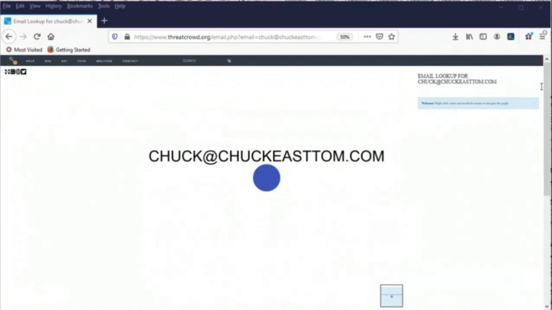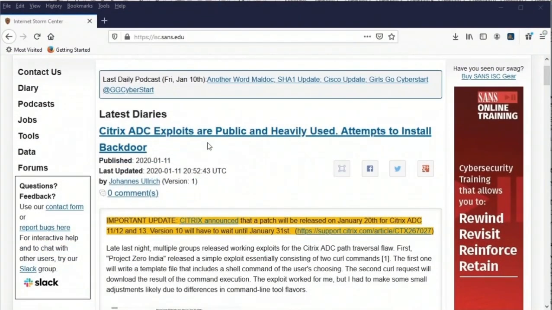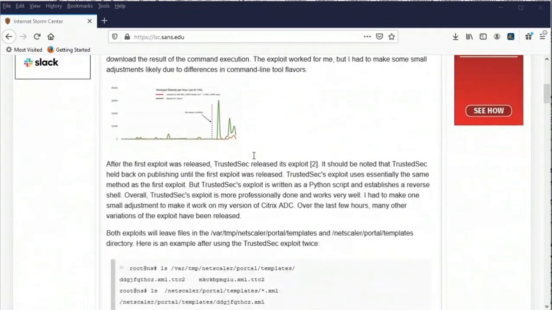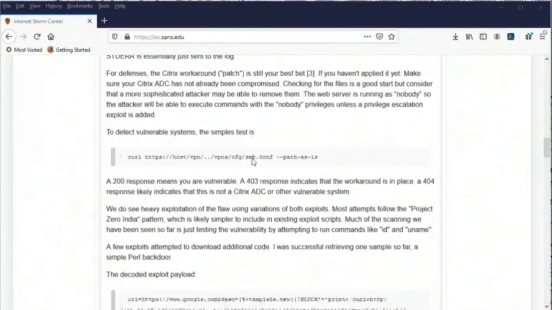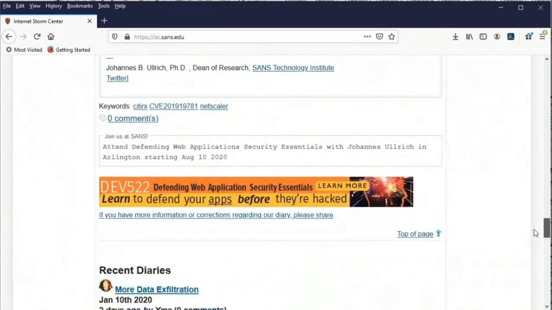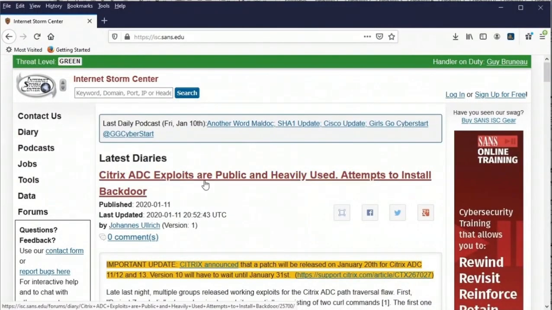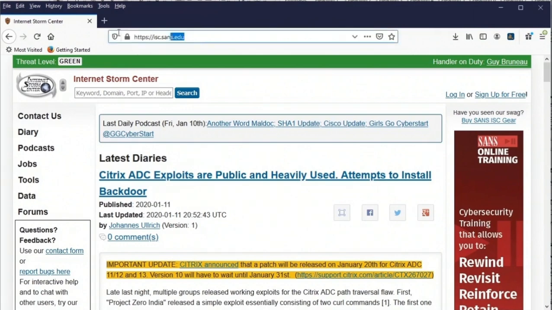The SANS Institute also gives you a very nice resource. Let's go to that site. It's their Internet Storm Center from SANS. Here we see it loaded, giving you the latest exploits, what is coming out right now, and a lot of detail. This is another place, like NIST and CERT, that any cybersecurity engineer should be visiting on a fairly regular basis.